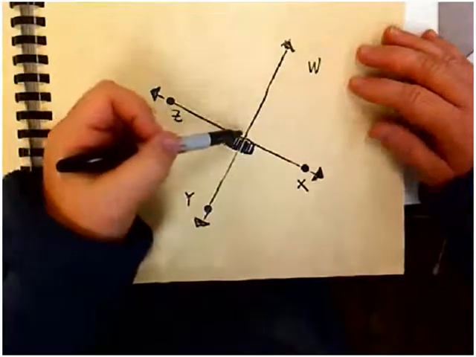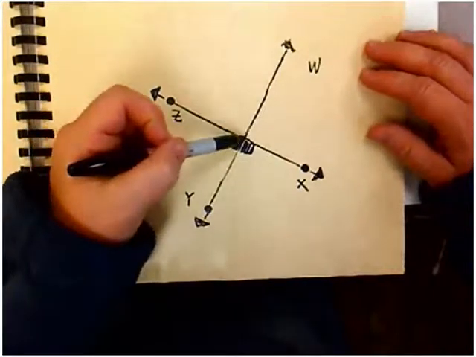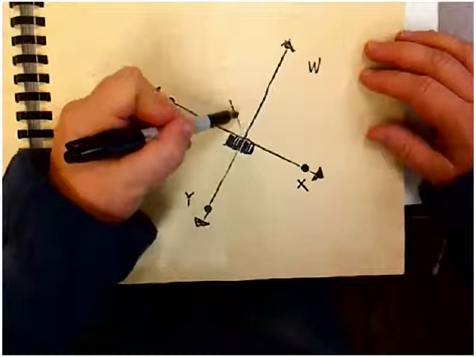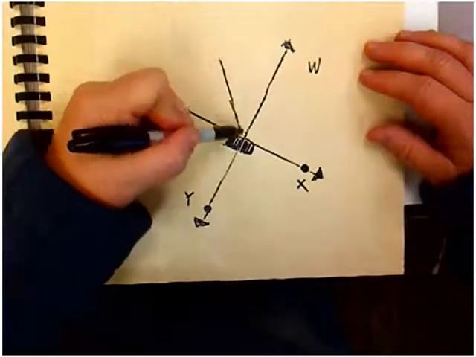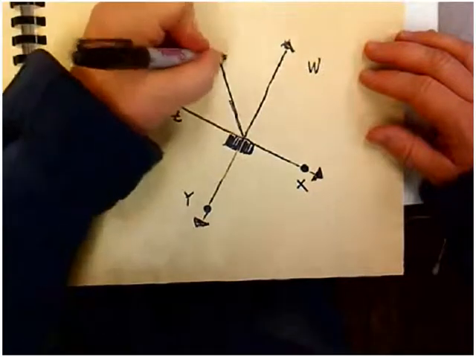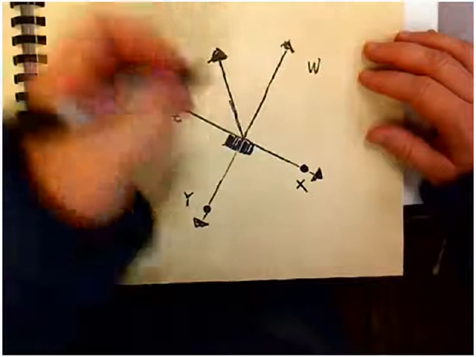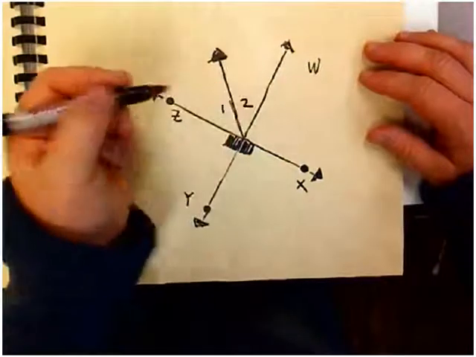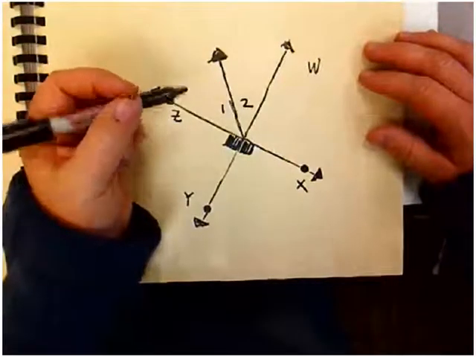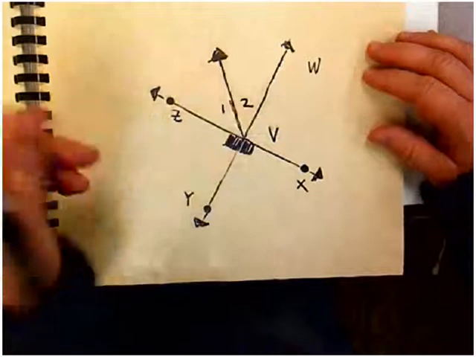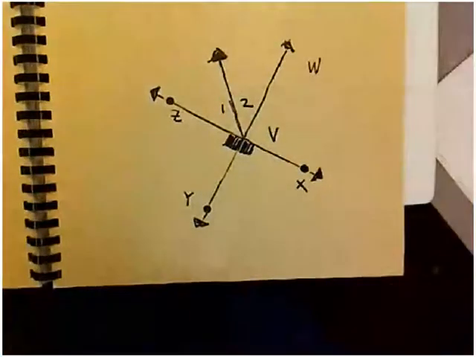And then there's a ray extending from the vertex to about the 11 o'clock position. There's no point on it. It's just a ray. And they're labeling the angles that it's creating as angle 1 and angle 2. The vertex point they're calling V. Angle 1 and angle 2 are adjacent. Okay. So angle WVZ